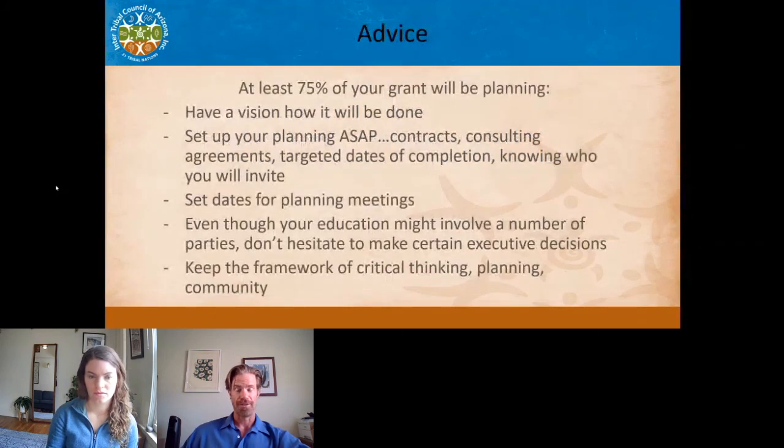And advice. This is the advice I would give if you either write this grant or you are granted this, and you go from there. About 75, maybe closer to 80% of this is probably going to be in this section of planning. Start as soon as possible. If you get the grant, start your planning as soon as possible. If you're getting contracts, if you're getting consulting agreements, if you're getting the different parties together to orchestrate that concert that you're putting on with all the different players moving in one direction, make sure that everybody understands what you're doing.